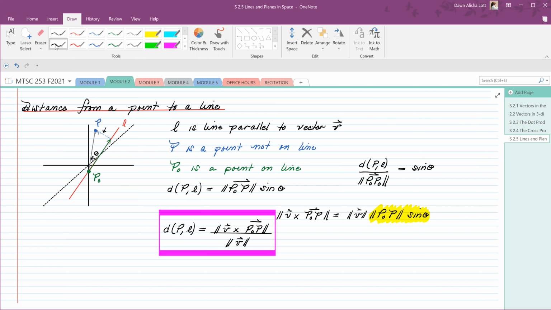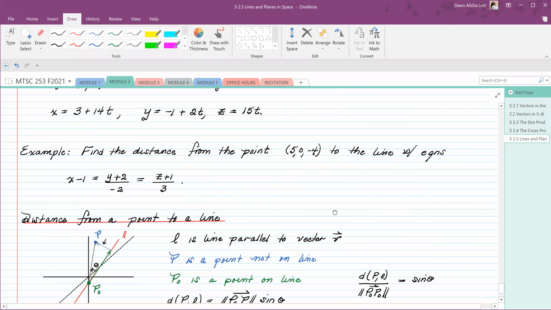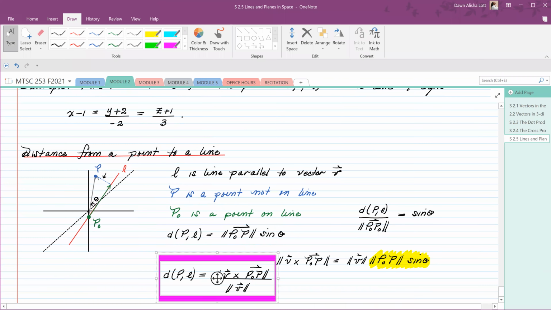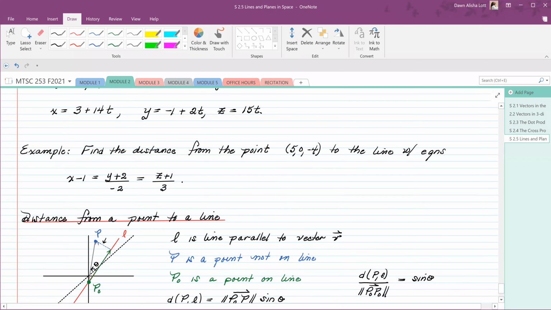So you need the point P that you're trying to find the distance from the line. I need the direction vector V of the line, and I need a point on the line. Okay, so for my example,